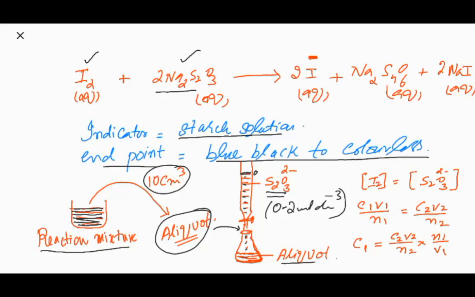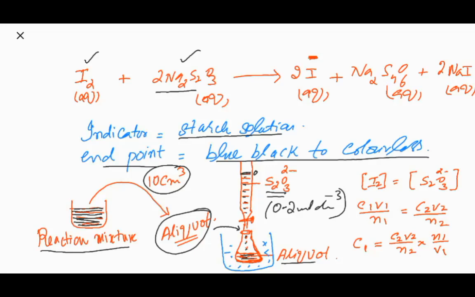Now start titration. But here, after transferring the aliquot to the conical flask, we have to stop the reaction between propanone and iodine. Otherwise, the concentration of iodine will not be accurate. So we have to stop the reaction between propanone and iodine. For that, we can immerse this flask in an ice bath,